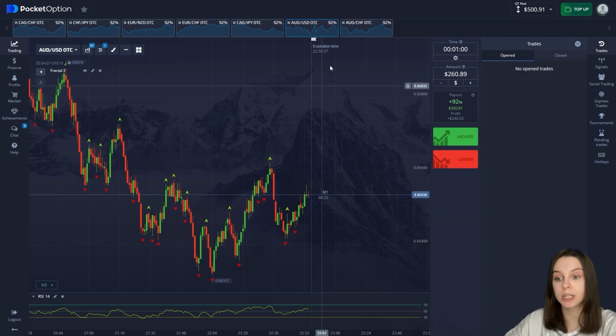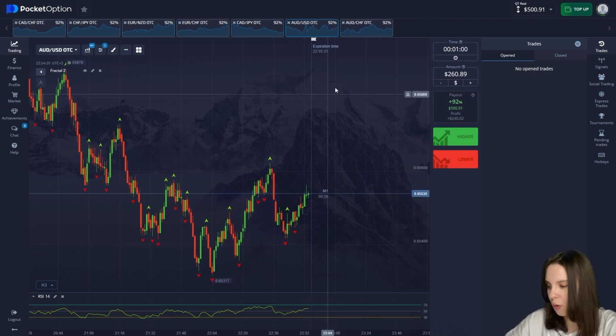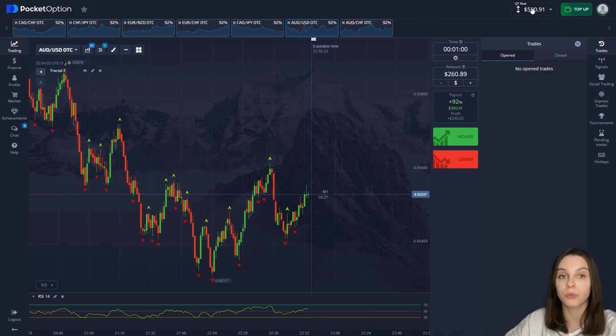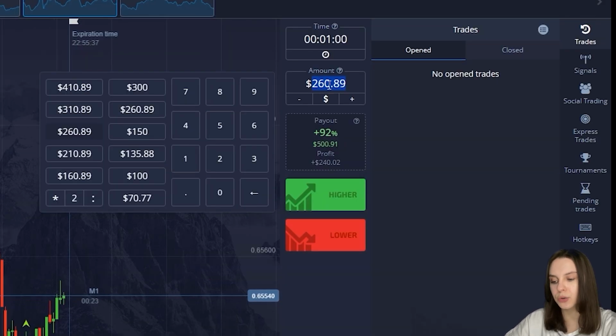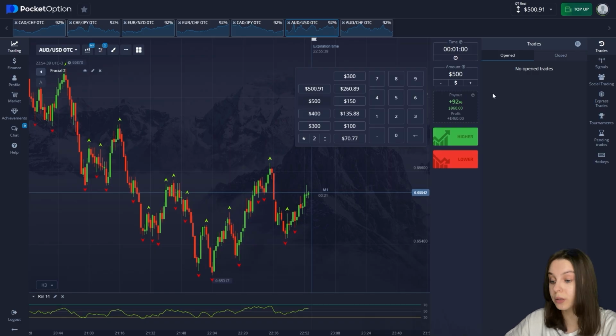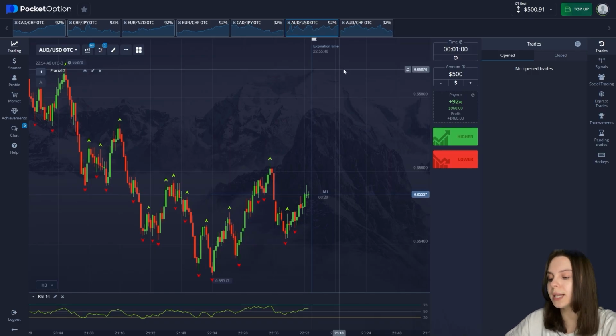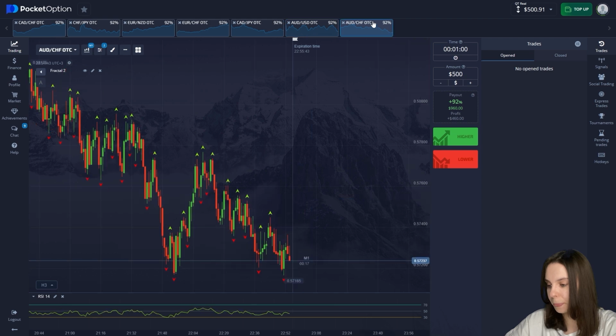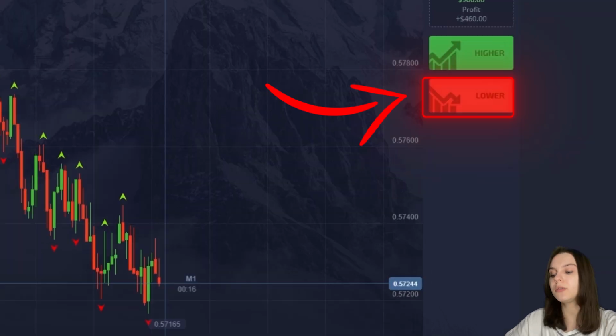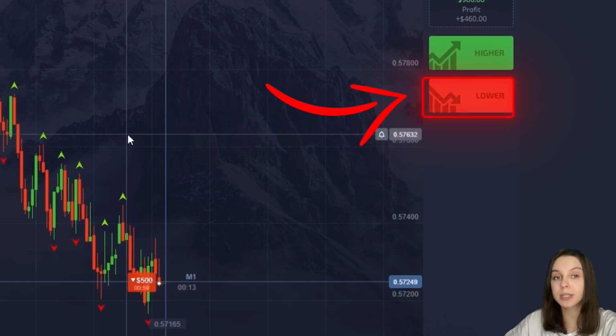So this is the situation, and we still have one more currency pair left. Let me remind you that our minimum is to overcome the balance of $500. We have succeeded so far. Let's increase the amount of the last transaction to a value of just $500 and move on to the last currency pair. Here, dear traders, we will open a downward trade on the last currency pair and proceed to the general